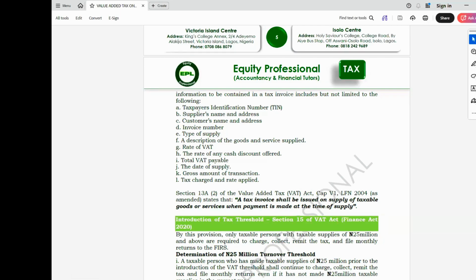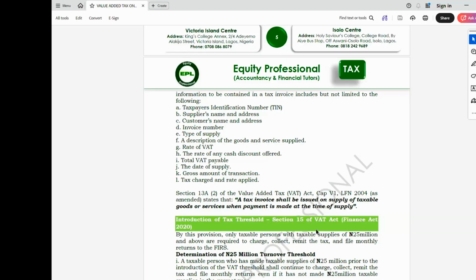So those businesses cannot charge VAT or collect or remit VAT to FIRS when they engage in taxable supply, even if those items they are selling are items that are liable to value-added tax. Because their total taxable supply is not going to be more than 25 million naira, they are not going to charge or remit